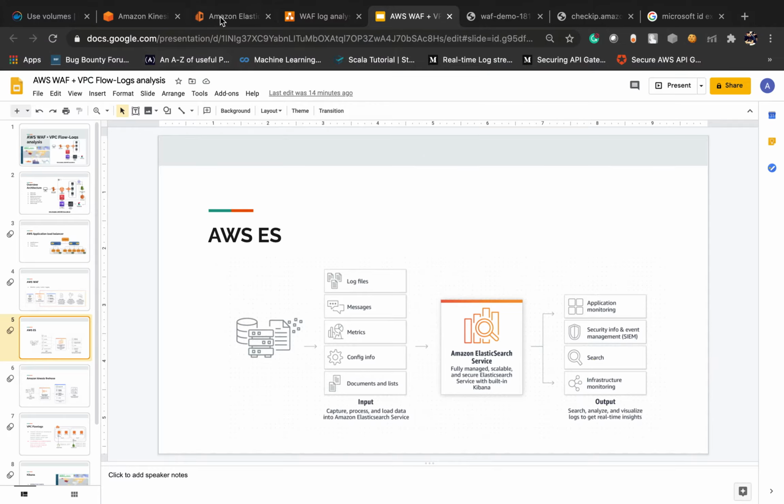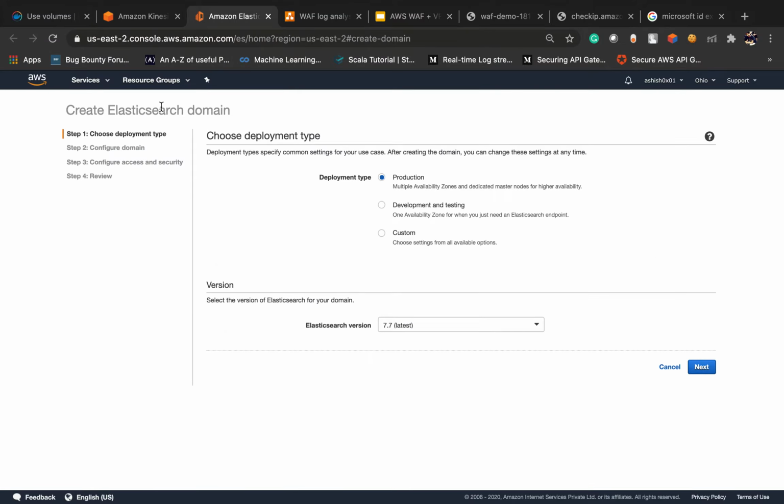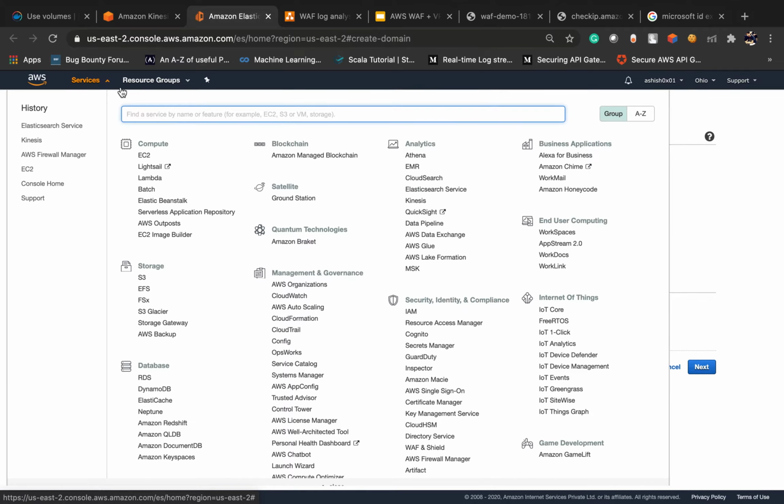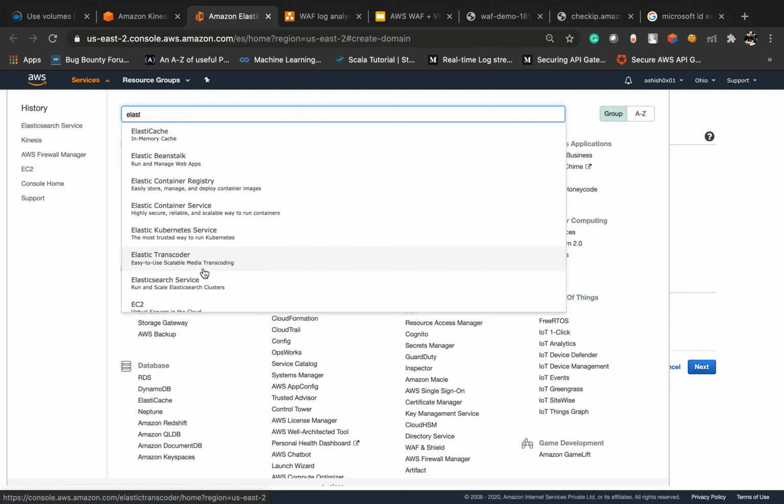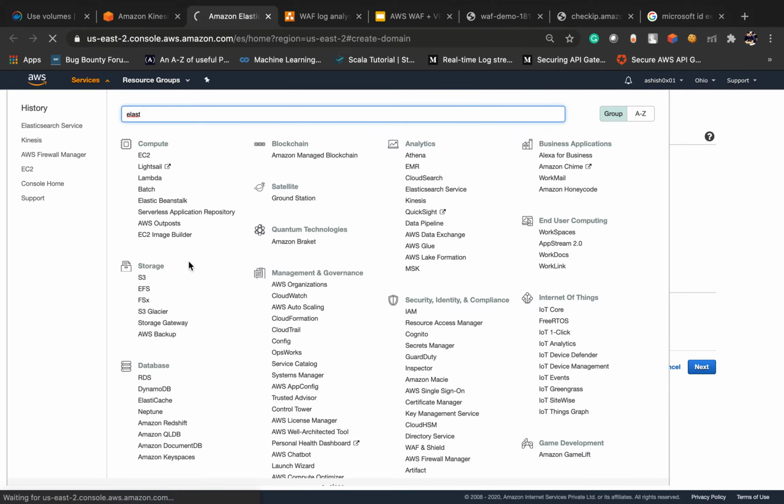So let's create Elasticsearch. Here you need to search for the Elasticsearch service.